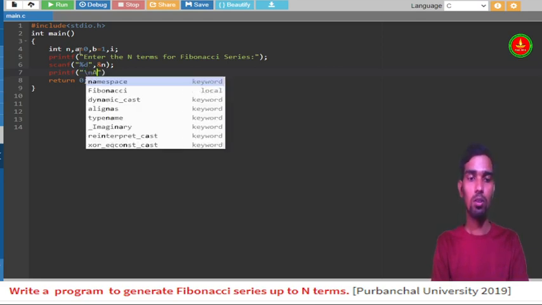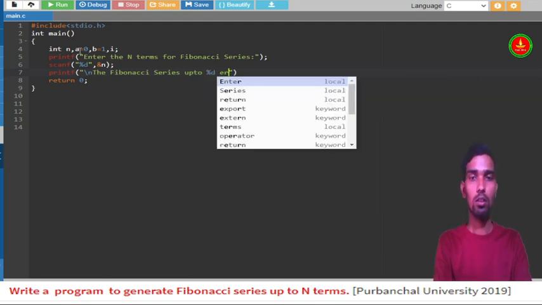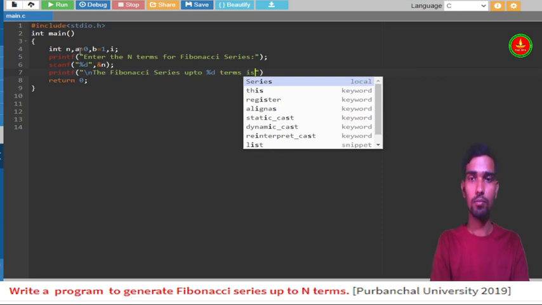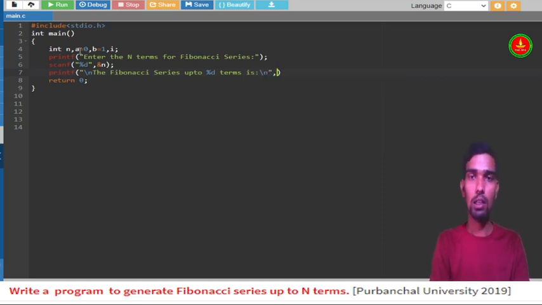So printf, the Fibonacci series up to percent d terms is, and what is percent d? Up to n, it is n.